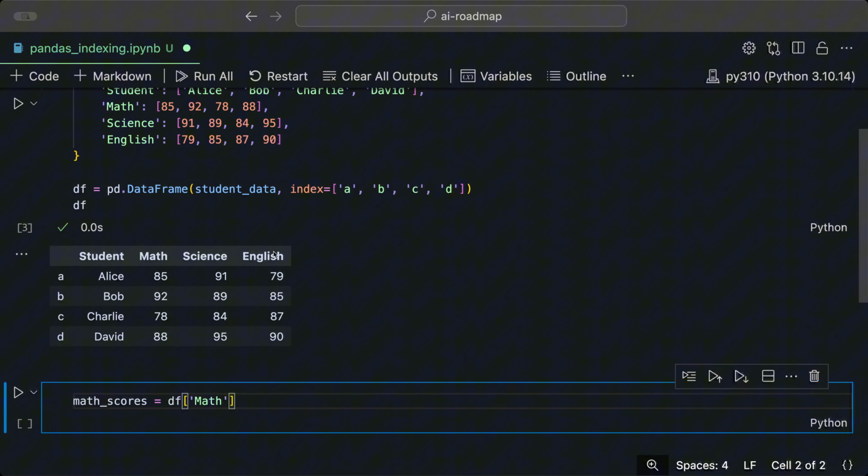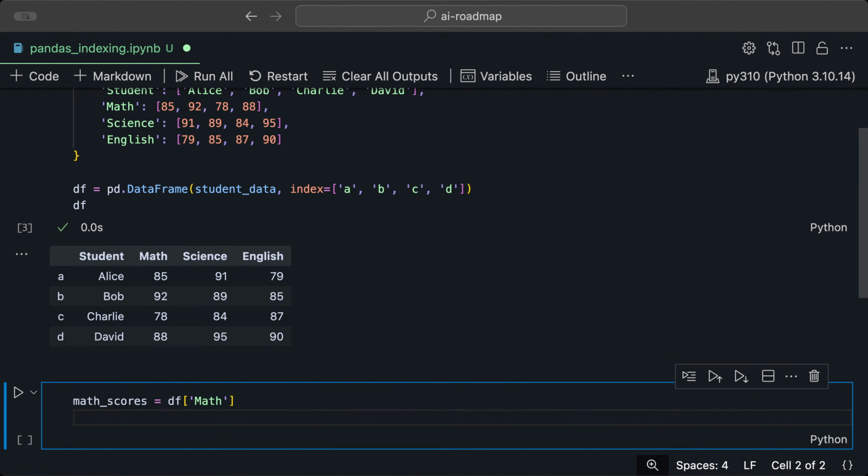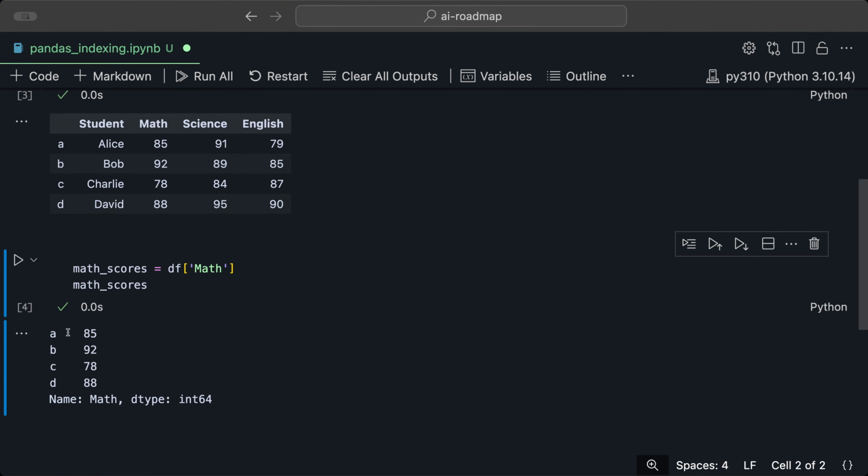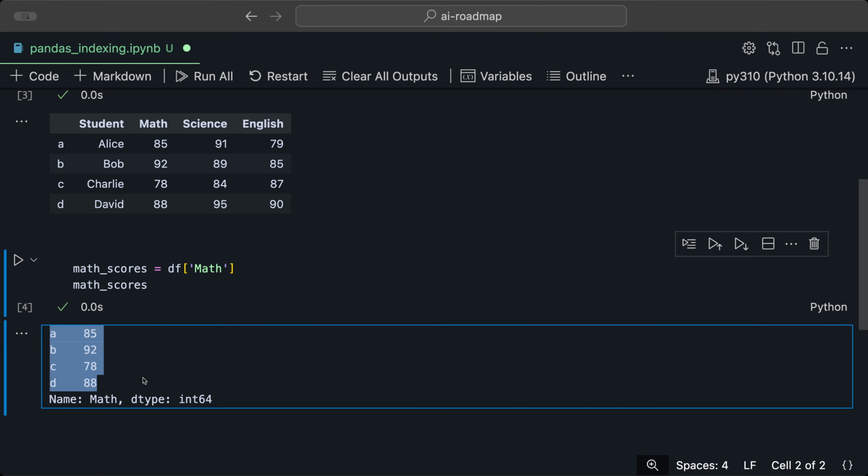So if we want to get the values in the math column, we access it using this bracket notation and the name of the column, and then we can assign those values to the math_scores variable. And then if we take a look at the math scores,